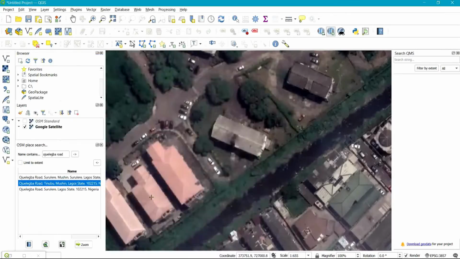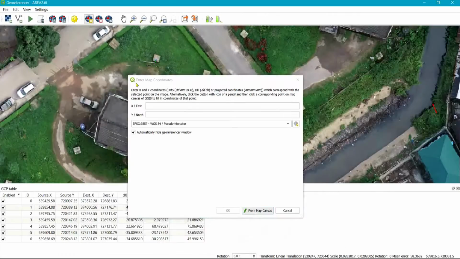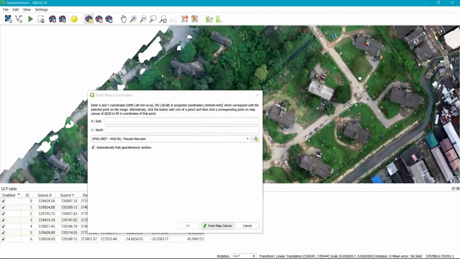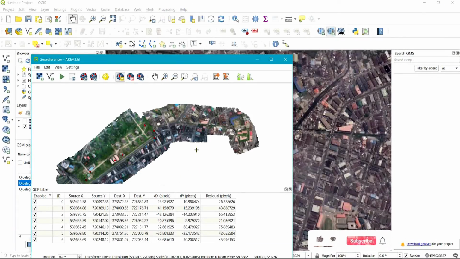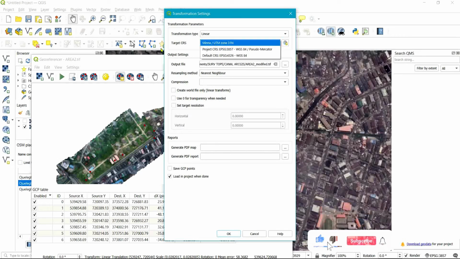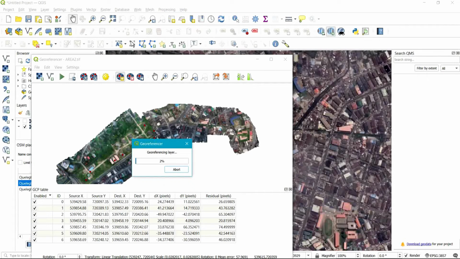When you are georeferencing an image, normally you have to take points on the image that you want to georeference by assigning coordinates to those points. But in cases where the scanned map or the satellite imagery you want to georeference does not have any spatial reference data, you can use a landmark for that. So I'm going to be adopting the landmark method,